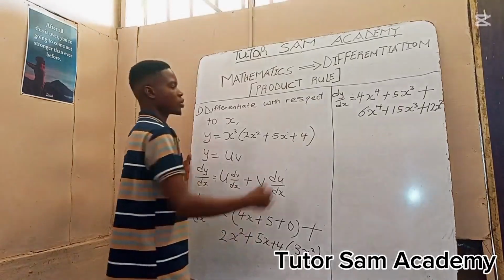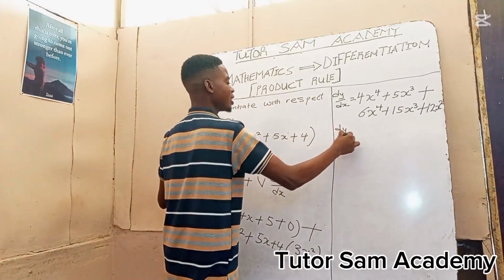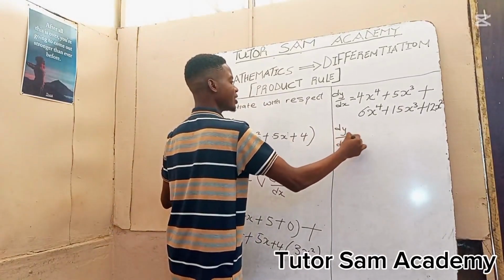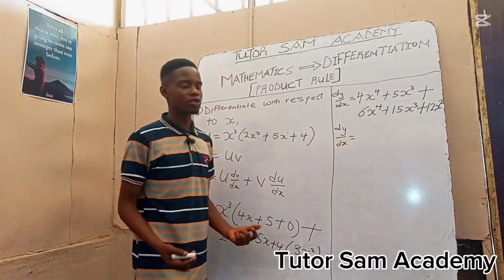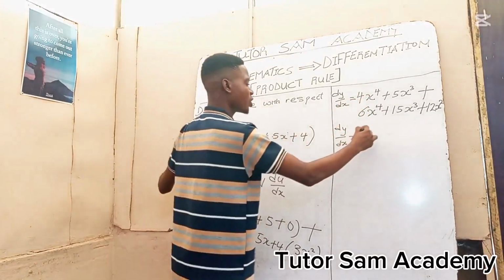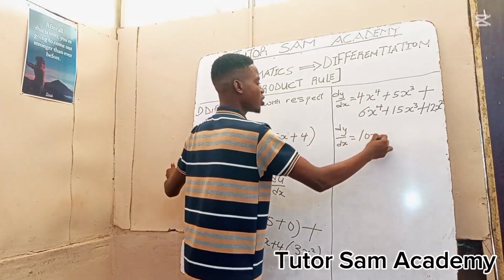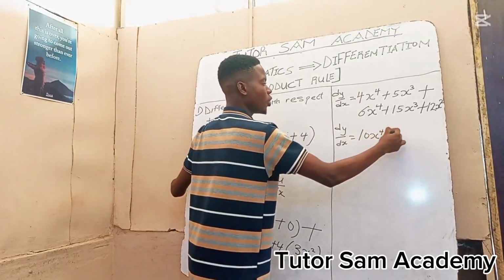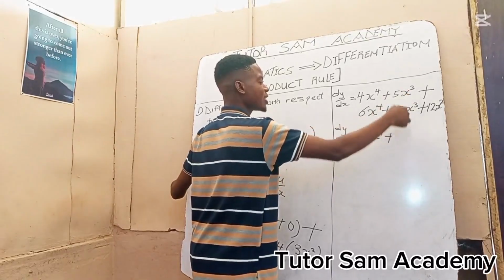So finally, I can say dy/dx is: you add the ones that have the same power together. The power of this is 4. The power of this is 4. So I can add the 2 together. So this will give me 10x to the power of 4 plus, this is the power of this and this is the same thing. So this